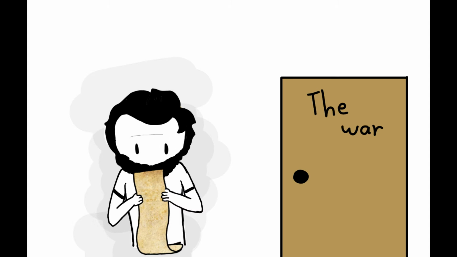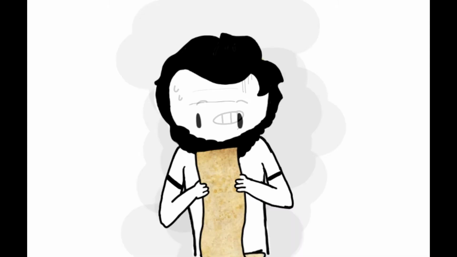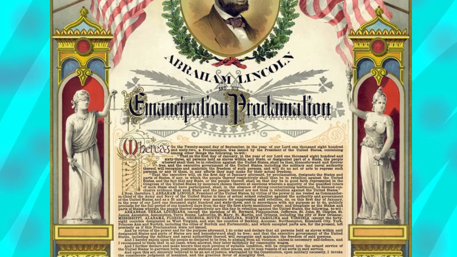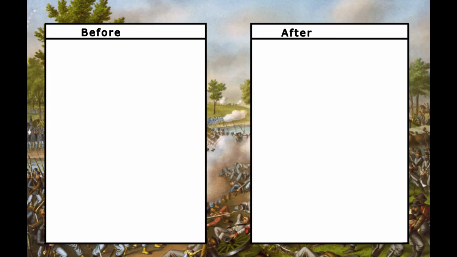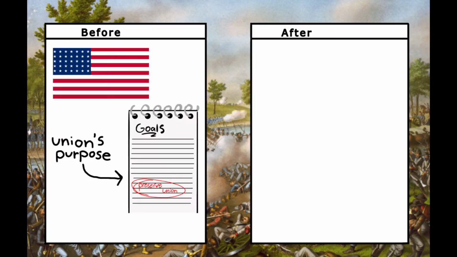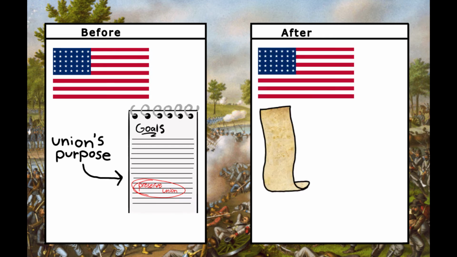At this point, Lincoln had been itching to issue the Emancipation Proclamation. The problem was, he didn't have a real win at this point, and therefore didn't want to look desperate by ordering the emancipation while he was losing. Even though the results of Antietam were a bit controversial, Lincoln finally found his window of opportunity to issue the proclamation. Before Antietam, the Union's purpose in the Civil War was to preserve the Union. The purpose of the Union after Antietam, due to the Emancipation Proclamation, is now to abolish slavery.